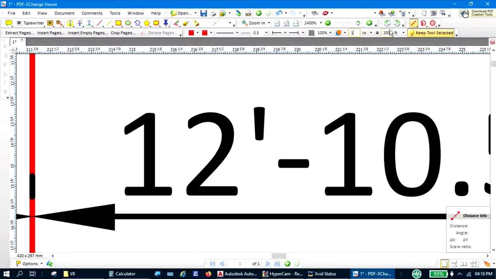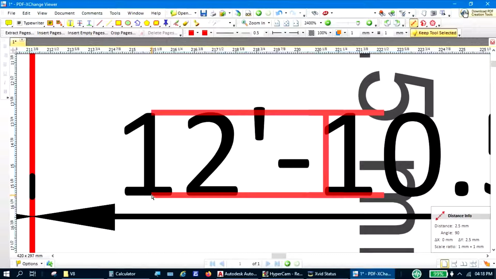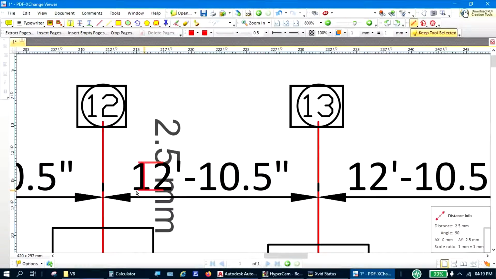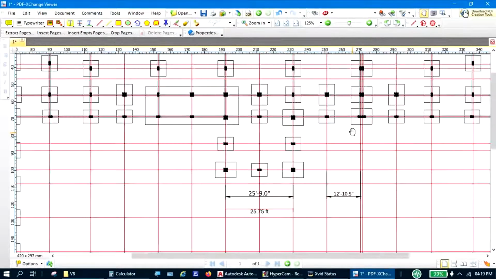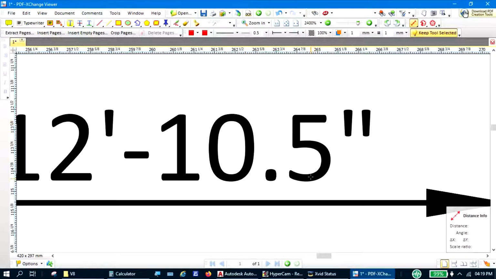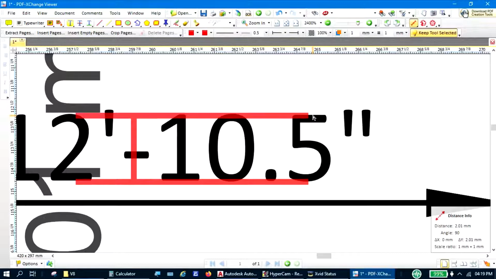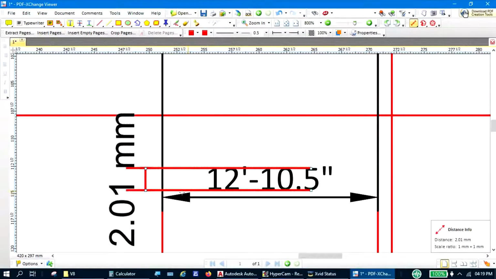So I change the scale into mm without factor. It's perfect, 2.5 mm and 2 mm.